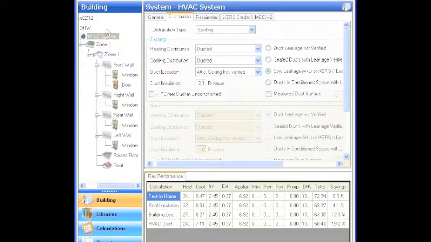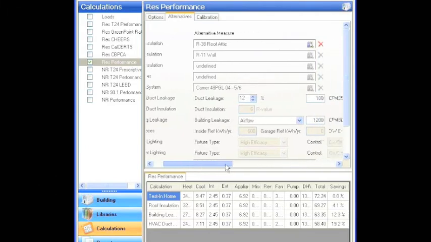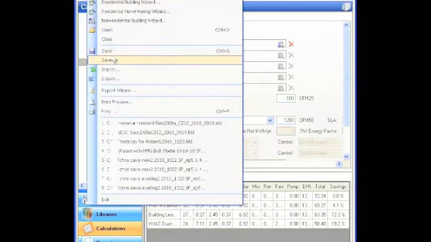If you have a situation where you have systems that you cannot model the savings by just plugging it into the screen, if for whatever reason this is too simplified, maybe you're redoing the duct system and you are having trouble representing that here because there's nowhere in here you can say that the duct system was updated. You can do duct leakage, but if you've insulated the ducts but not all the ducts, maybe only some of the ducts, or if you've done something that doesn't appear to be possible here, you always have the option of going up to here, you do a save as, you create a copy of your model, you save it under a different name,